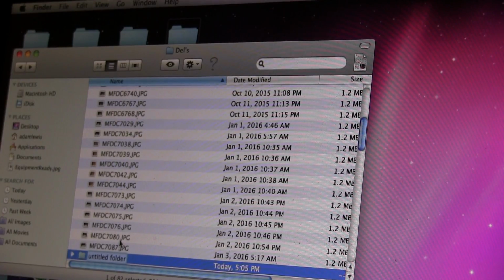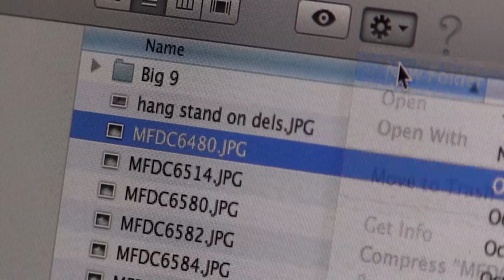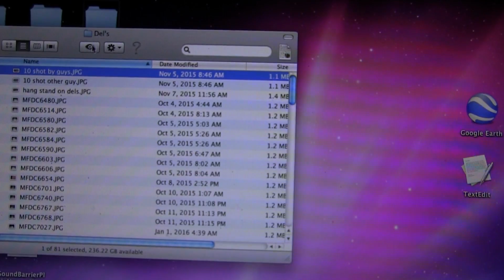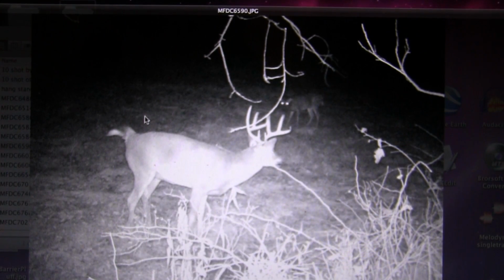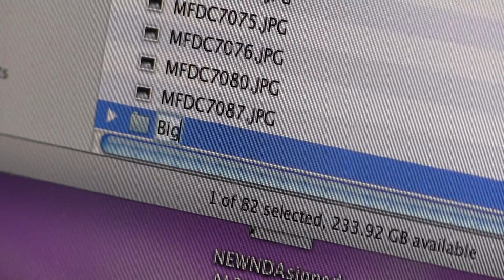The first thing you should do when logging trail cam pictures is actually start organizing them. Some people do this, some people don't, but you shouldn't just dump them all into just one folder on your computer. Really make different folders, I suggest different folders for each property that you hunt, and then start organizing those pictures by property. Within that, I would also make a different folder for different bucks that you're identifying on those properties that you hunt. Also, I would start taking some notes on these individual bucks and when and where they're